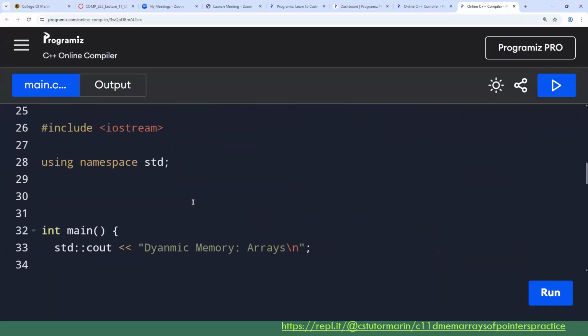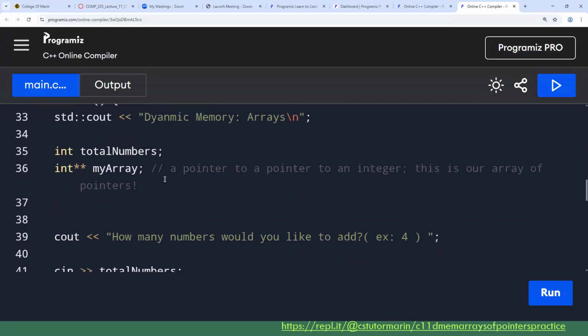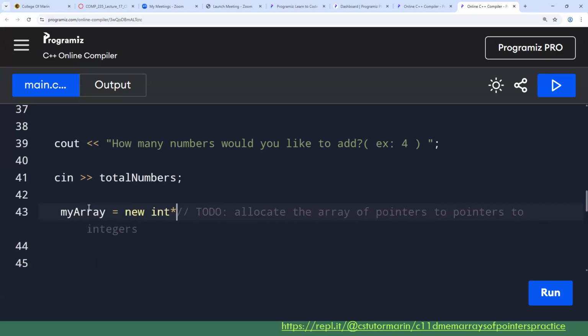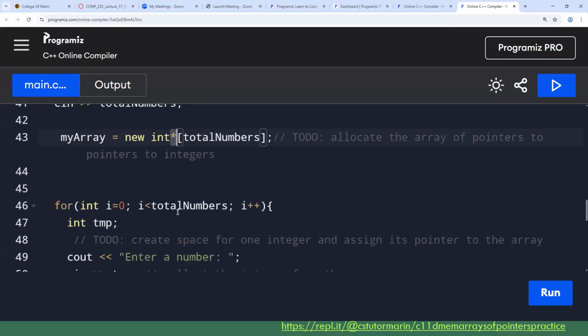Let's go down to the to-dos. Notice that my array, or my ladder, is a pointer to an integer, so there's a little indirection there. My array is equal to new int star total numbers. Not a double star, because I will get the double star from the new. So in a ladder, or an array of pointers,